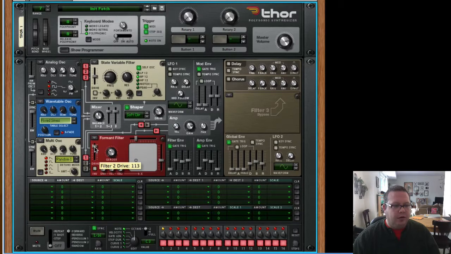But again, if we turn the drive up, it's going to turn the filter up. How much is getting filtered? Okay, so far so good. Starting to sound pretty cool. I kind of like that little groove with that filter. Alright, so